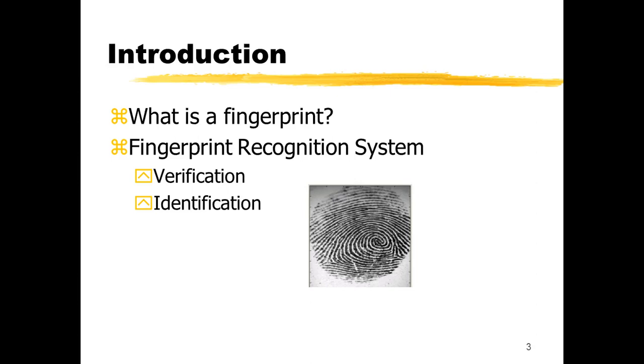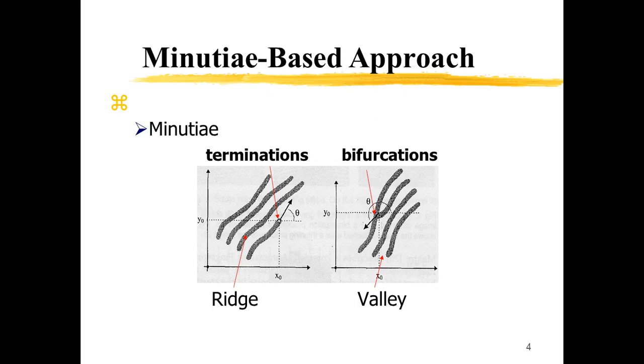Basically, a fingerprint is the pattern of the human skin on the finger. A fingerprint recognition system has been developed since many years because fingerprints are the best biometric tool for verification and identification purposes. Since fingerprints are immutable and unique, they can be used to identify people with or without any additional information regarding the person involved. Minutiae based approach is used because minutiae are the finer details in the fingerprint that are unique to each and every person and also unique between fingers of an individual.